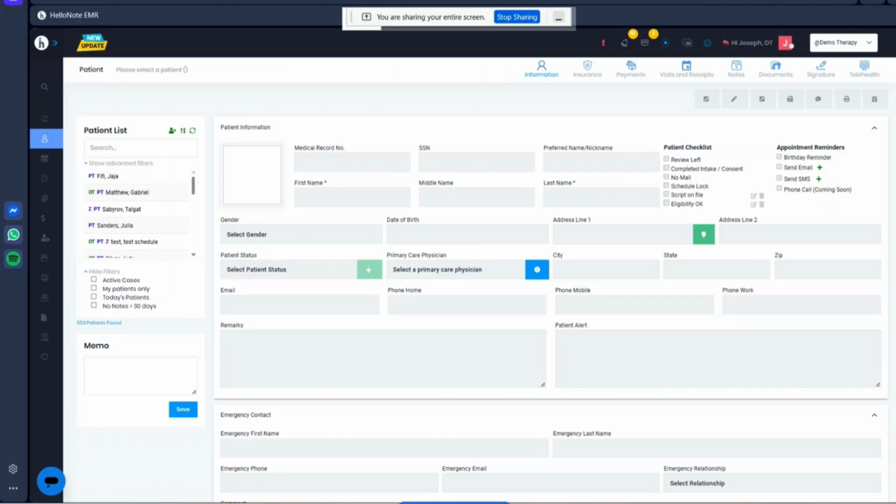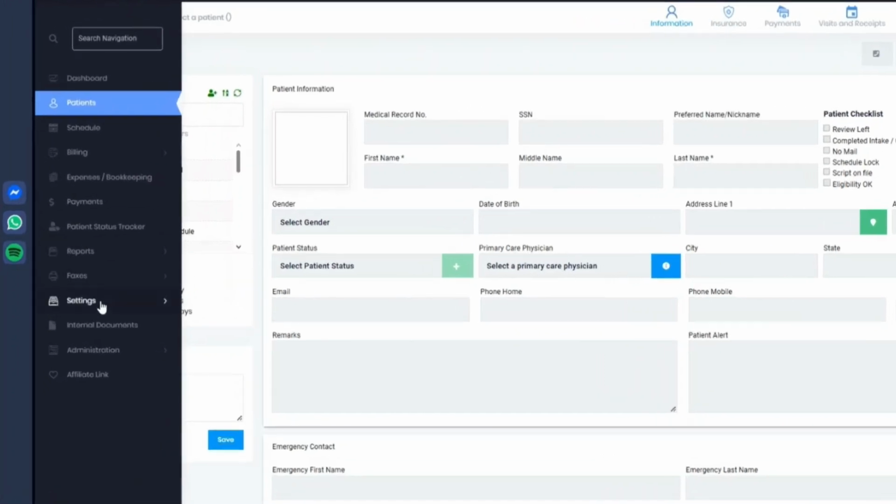How do I use Flowsheet? The Flowsheet is to provide clinicians with instructions for managing exercises in the Flowsheet section of HelloNote EMR, including creating, modifying, and duplicating exercise entries. To do this, you click on Settings,